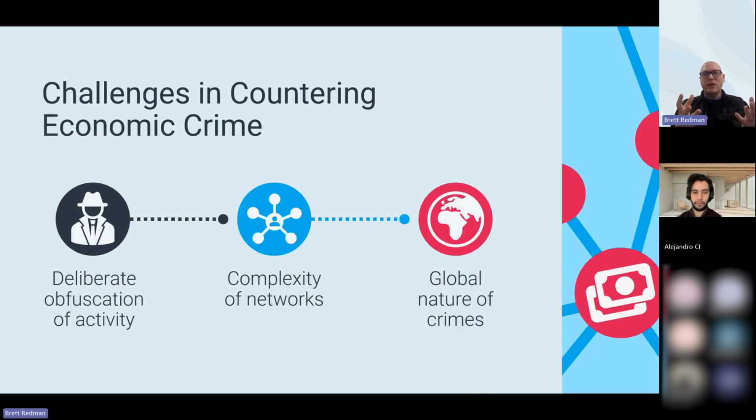Challenges in countering economic crime. There are various strategies that we find individuals use, and there are three more so that we find that are discussed quite commonly, particularly within our landscape or with customers or prospects that we engage with. Now, that can be various terminologies such as layering, structuring, and integration for individuals to hide illicit activities and to be able to blend illegitimate funds in with legitimate financial transactions. Individuals can use tactics such as false identities, nominee shareholders, and complex legal structures just to obscure the origin and destination of these illicit funds.